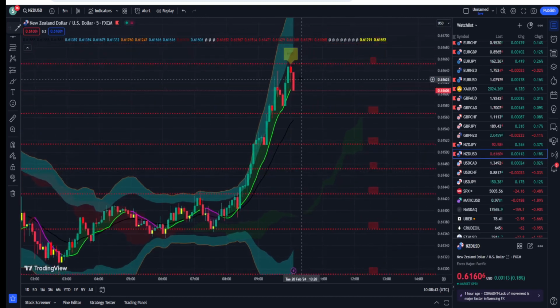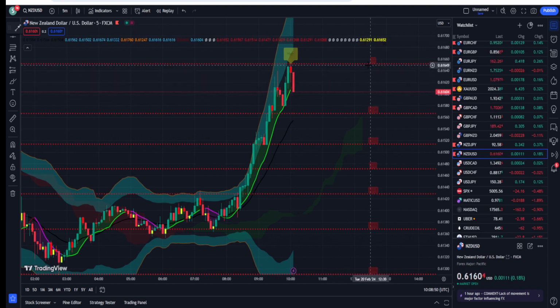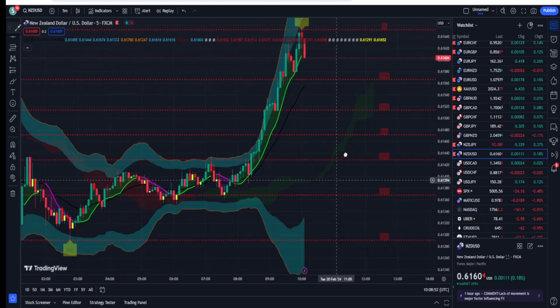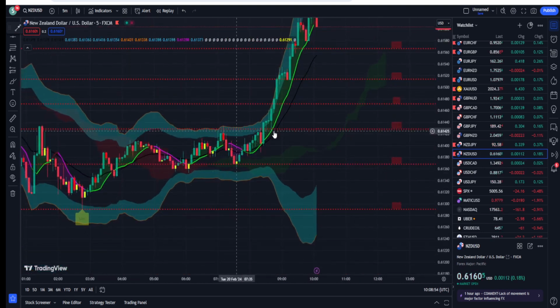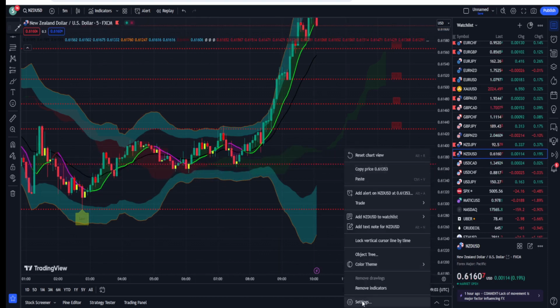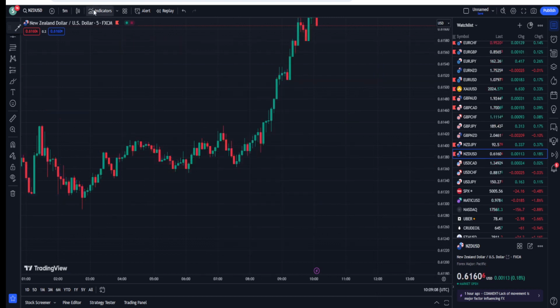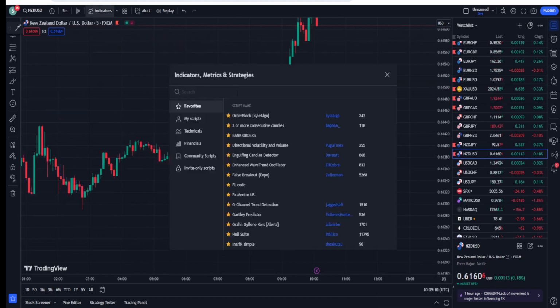Okay guys, so now just have a look at this indicator. This is just a free indicator you can use completely for free. You can see that it is using some sort of Fibonacci levels as well, and we have the bands that are representing the overbought and oversold levels of the market, and we also have a moving average setup in it. So we are going to understand what the indicator is about. That's why I'm going to remove it from here, and now we are going to the indicator section.